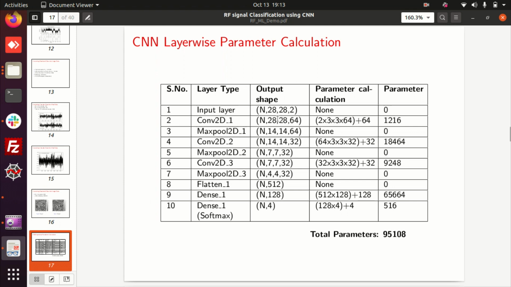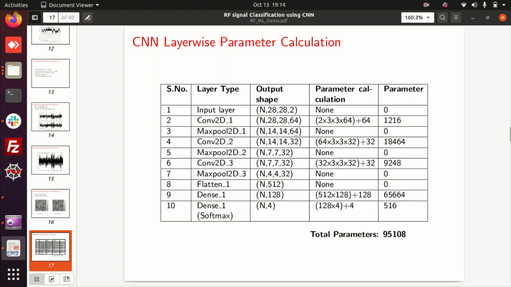It has to reduce the size of the image from 28 cross 28 to 14 cross 14. So downsampling means divide by 2. It is reducing the size of the image in order to extract the finer features deeper, so that you can extract the edges of the image. Okay, but I'm retaining the number of filters as the same. That's why here also it is 64.